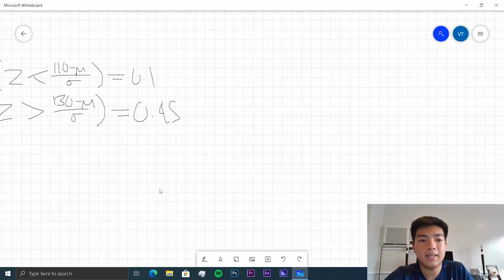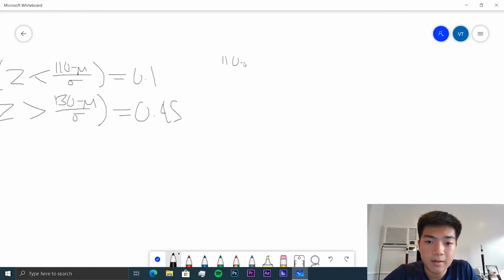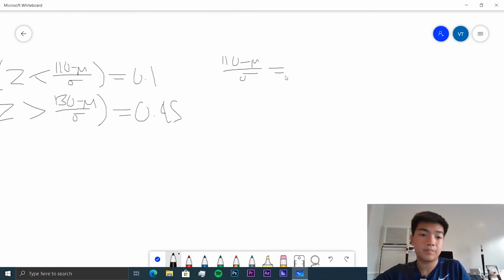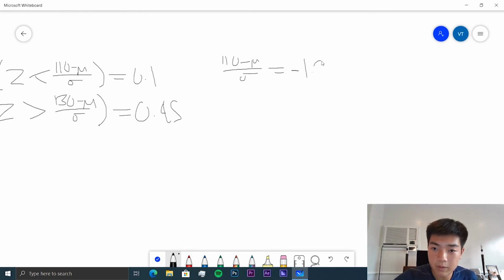So from this we can get that 110 minus the mean over the standard deviation is equal to negative 1.282, and then 130 minus the mean over the standard deviation is equal to